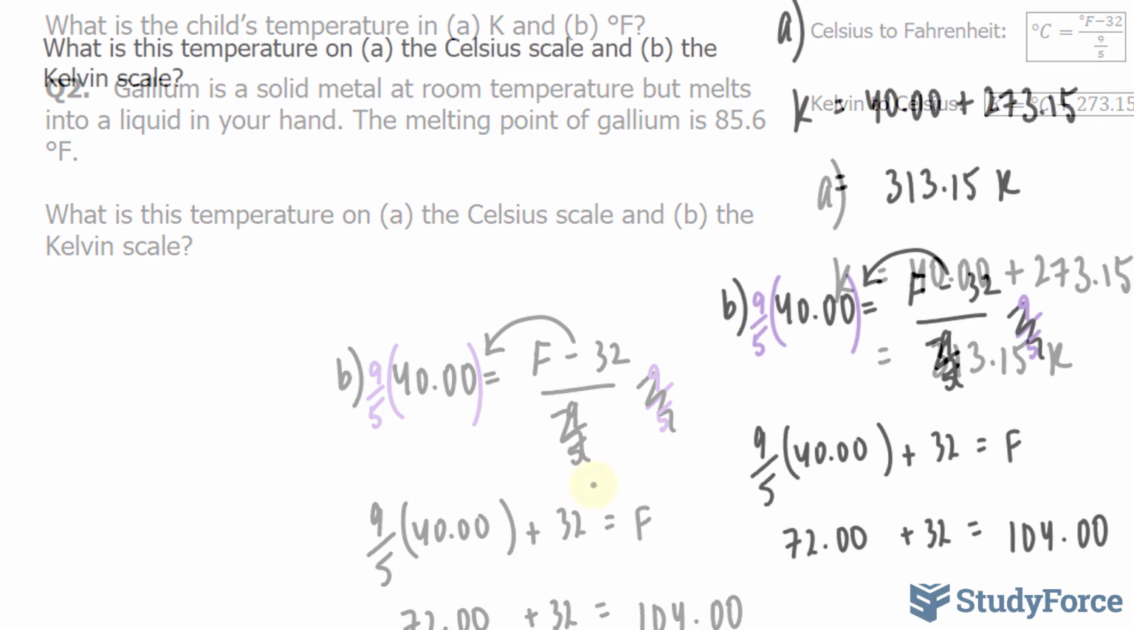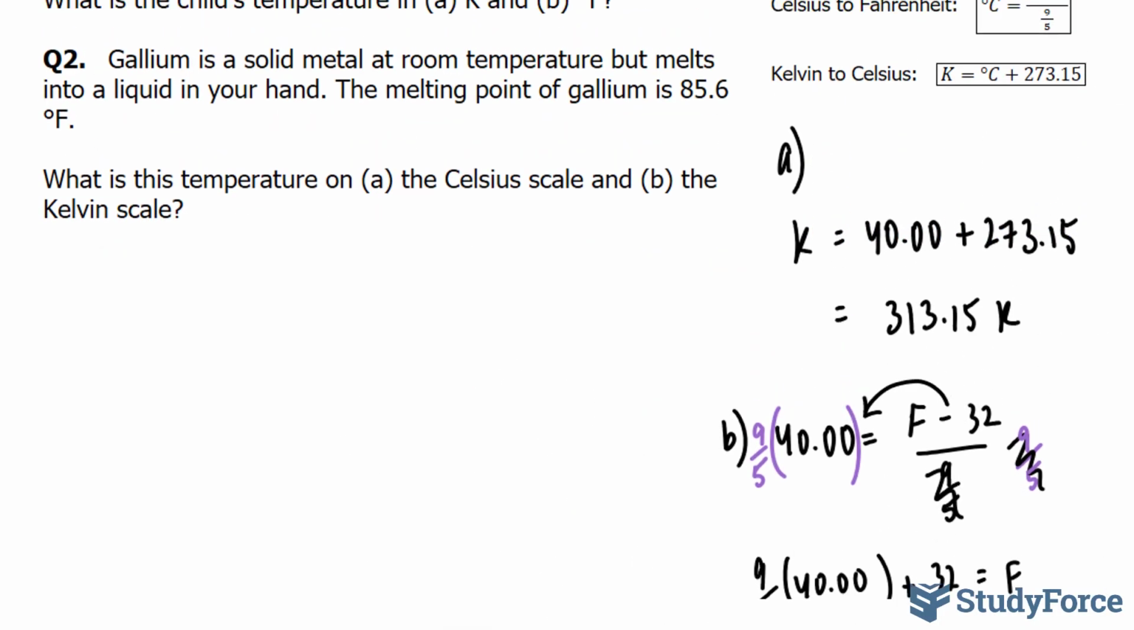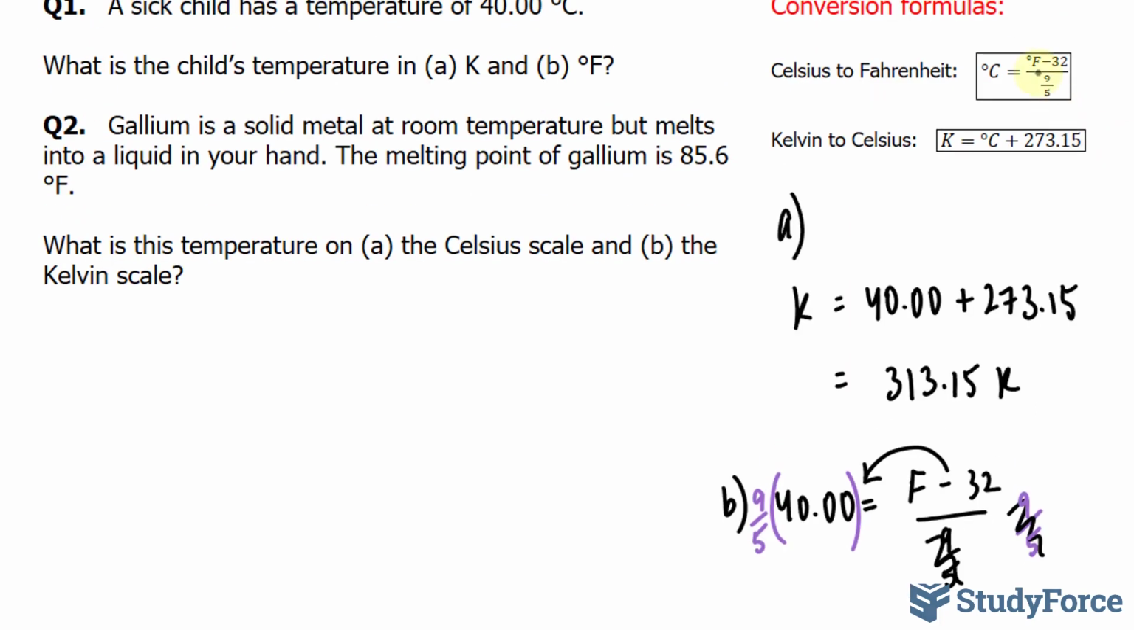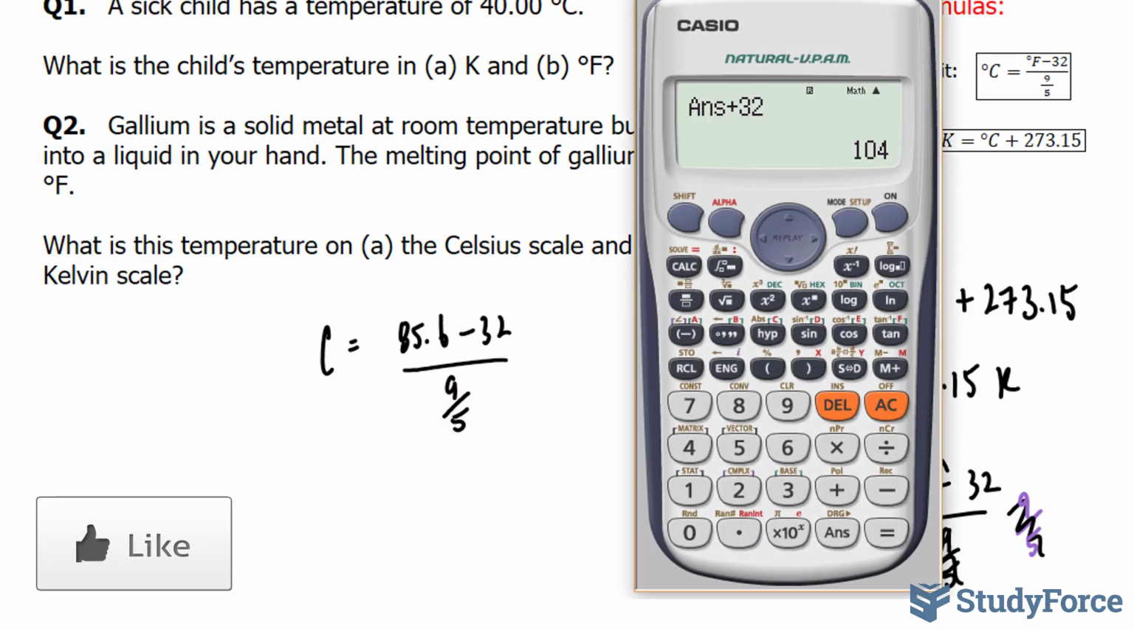We'll start with A. To find what the equivalent temperature is in Celsius, we need to again use this formula. What we will do is substitute 85.6 into F. We end up with Celsius is equal to 85.6 minus 32 over 9 over 5. This is a straightforward calculation. Let's substitute this into our calculator. 85.6 minus 32 divided by 9 over 5. This gives us